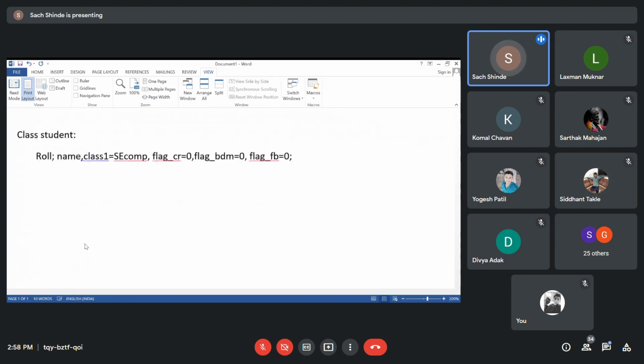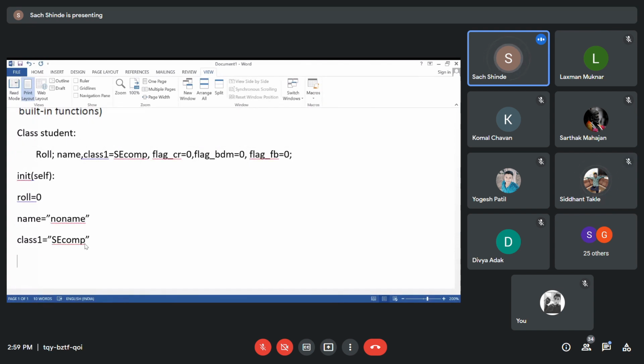Now, this programming will not be taught to you; you already know how to write init functions. So I just declare the init function over here, then roll number, name, and class. Then the next is the flags. These flags are used for understanding purposes: CR stands for cricket, or you can take the entire word as cricket. By default it is 0, which means he is not a cricket player, he is just a student.